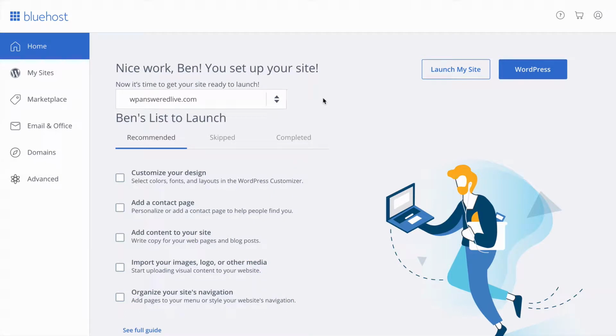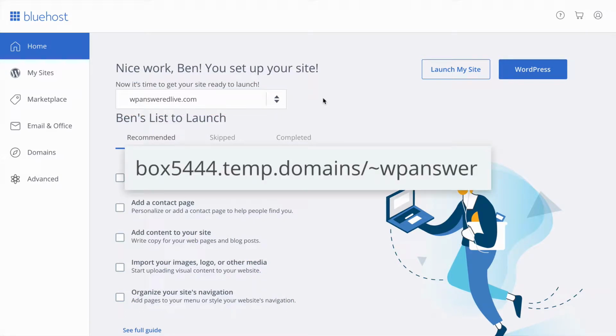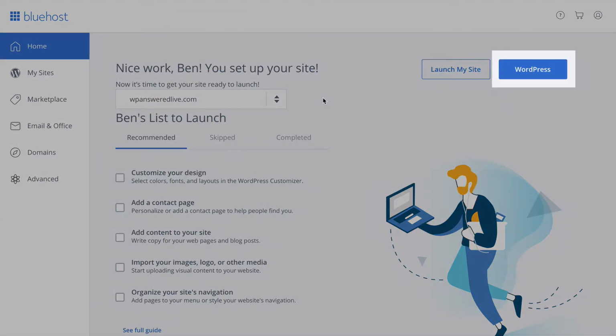When you first sign up, you might see a weird URL listed here that looks like this. This is a temporary sandbox URL that Bluehost creates while your domain is being set up for you. It can take up to an hour for the domain propagation to complete, so the sandbox site lets you get started right away. Clicking this button will log you into your WordPress site, and the Launch My Site button will